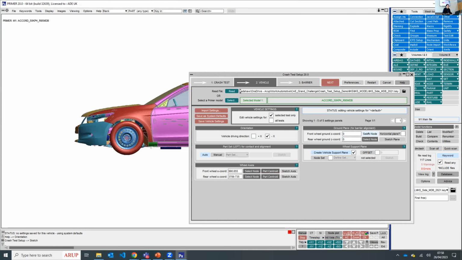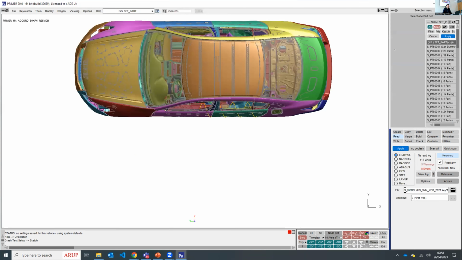We could select some nodes on the vehicle, on the wheel to update that, but 0, 0 is sensible. Another thing we can do is select a part set for contact and alignment. This part set is used to align the barrier and to check for contacts. We can do that for this vehicle model by just going to manual. Auto works as well, or then use the entire vehicle, but manual will speed up the process of putting the